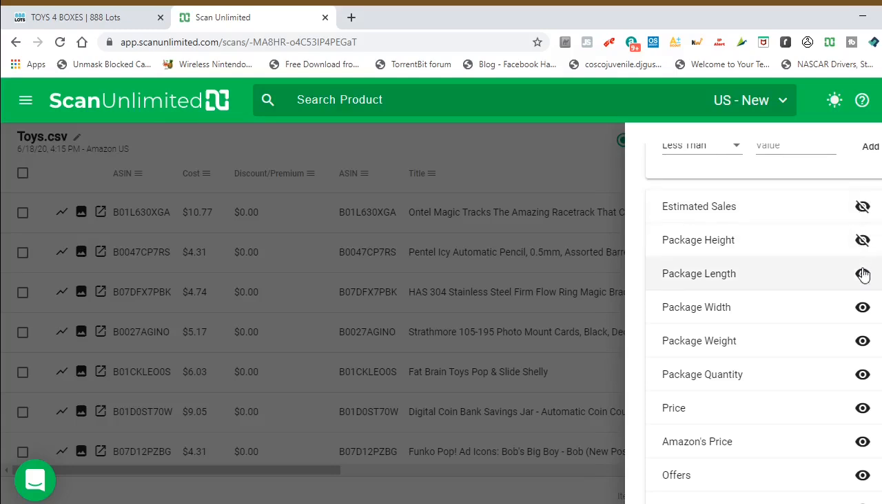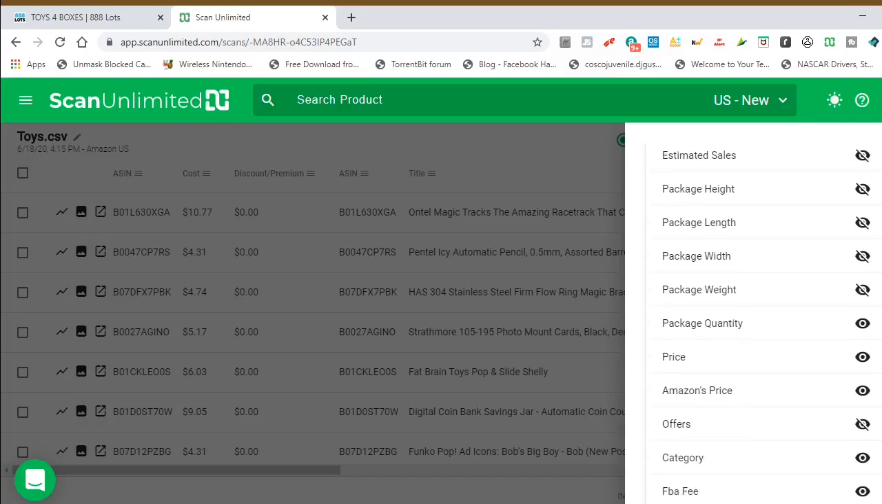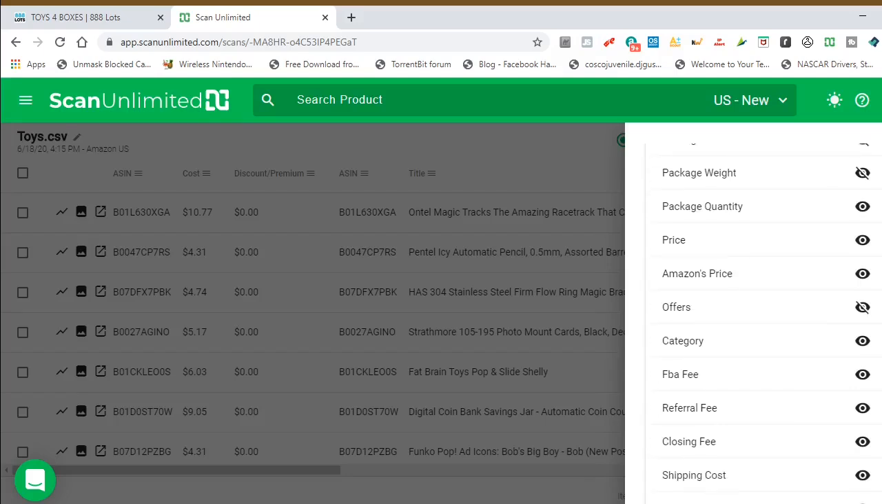Package height, weight, you can get that through the other block as I showed you, which is a very important section to go in. Package quantity, we want to keep their price, Amazon's price, offers. In other words, offers means who's offering it up to you, who's selling it, whether it be Joe's Toys or Amazon or what have you. That's also in that other box. We don't need that column listed. Category, that's up to you. FBA fee, that's also in the other box. Referral fee,